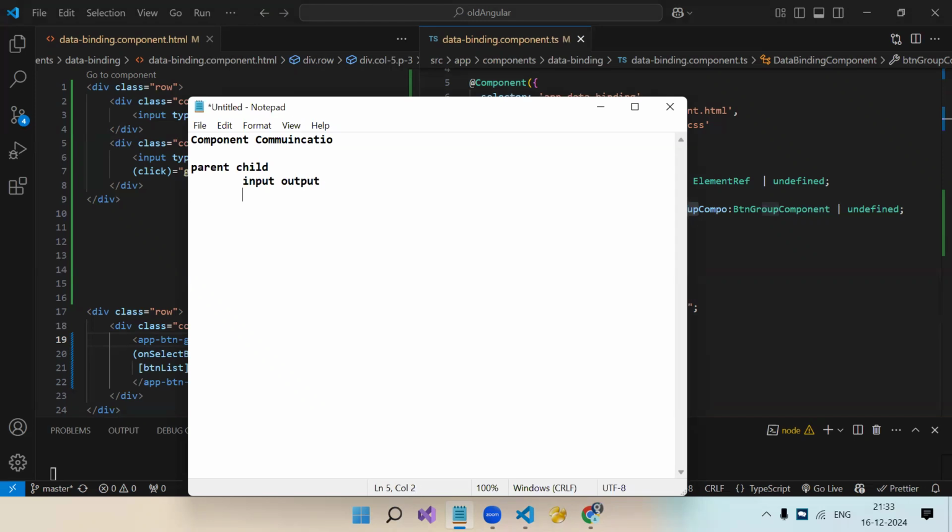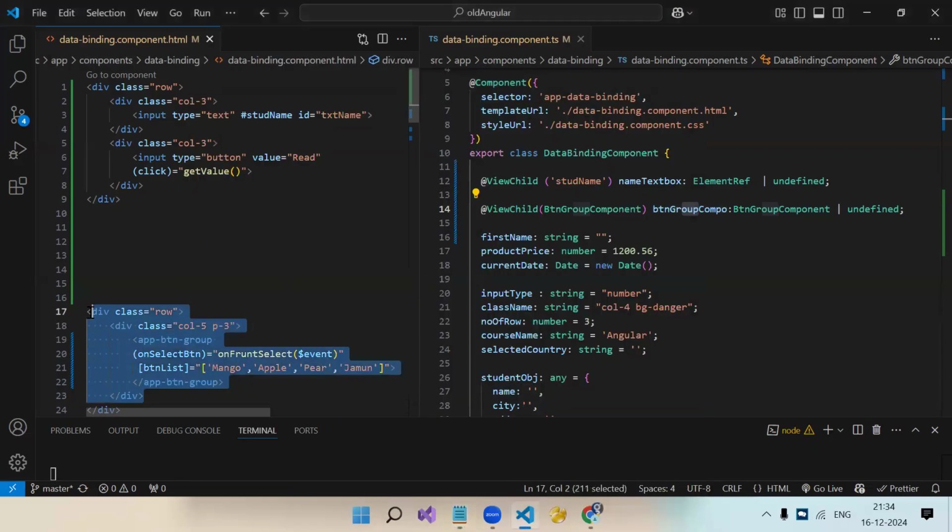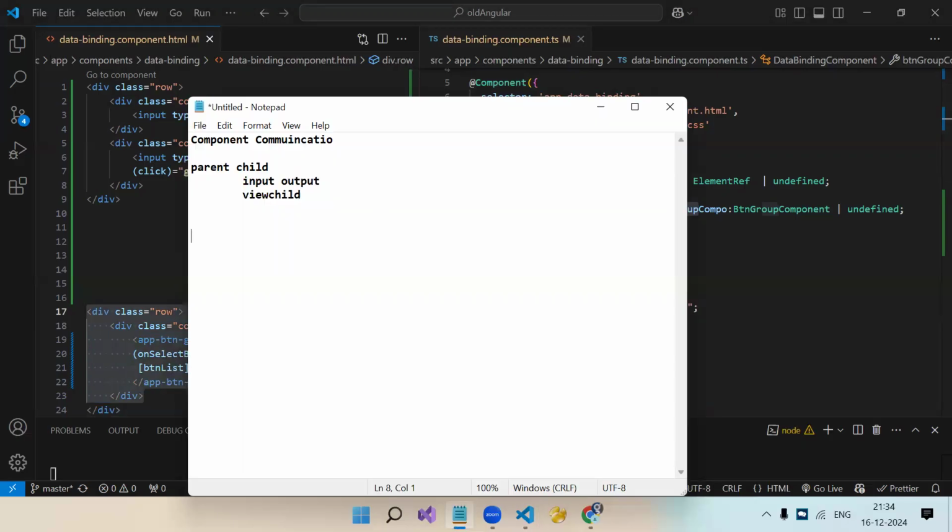Okay. Or view child that we have seen. Clear? If the parent-child relationship is not there, suppose I remove that, I am not able to access it, right? If the parent-child relationship is not there, then